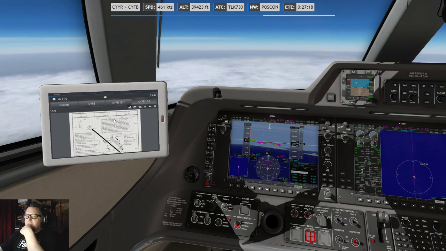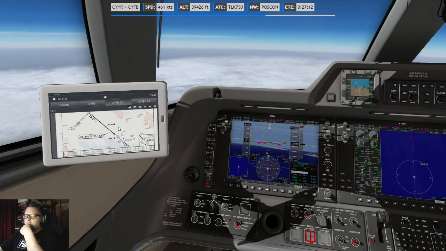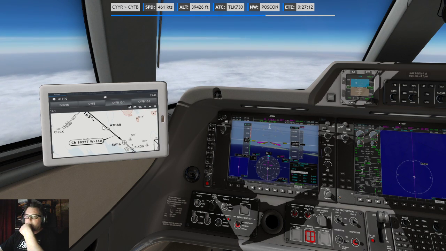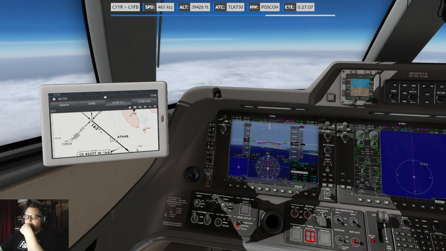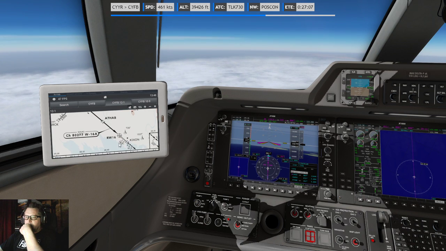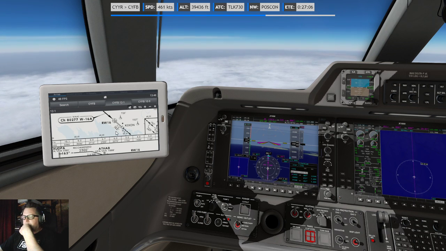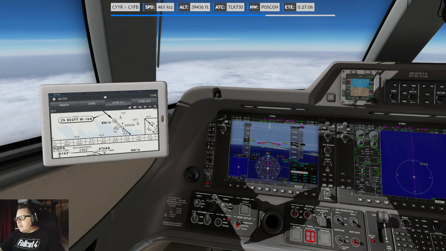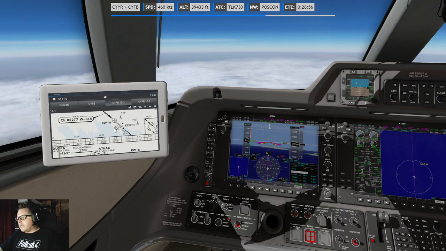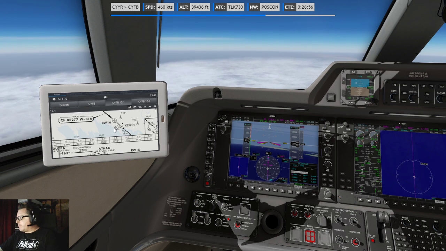This we won't need anymore because we will not be doing that. We'll be doing this. And hopefully we will not die. Set the heading bug to what it's supposed to be. 163.